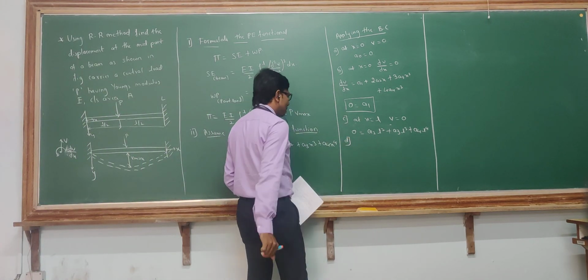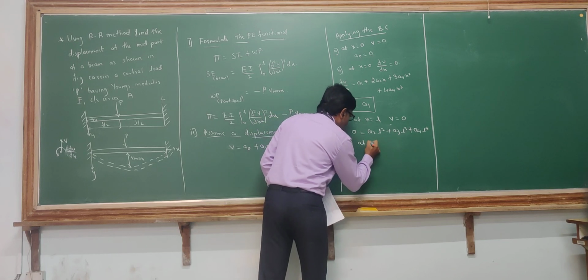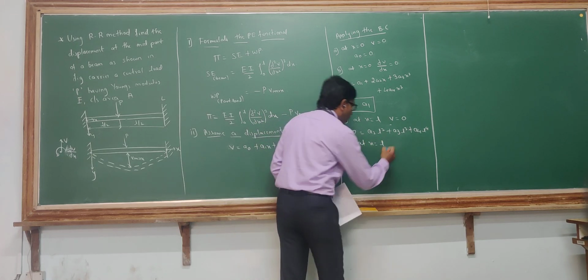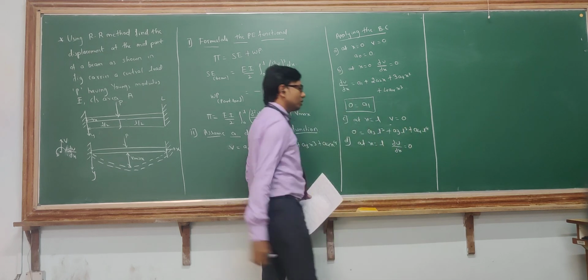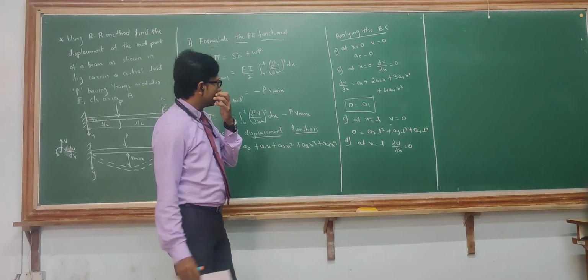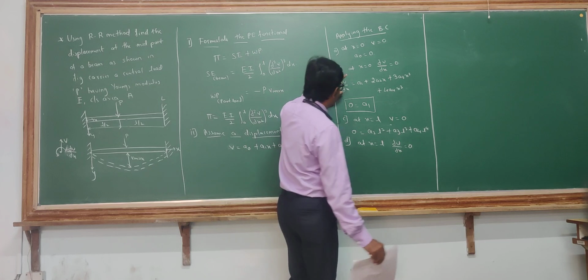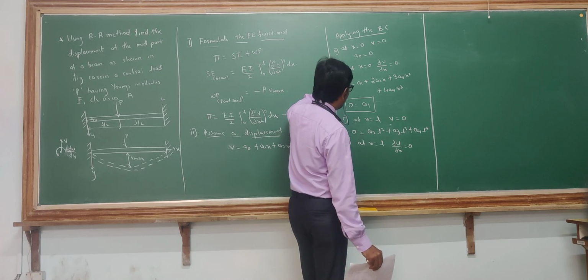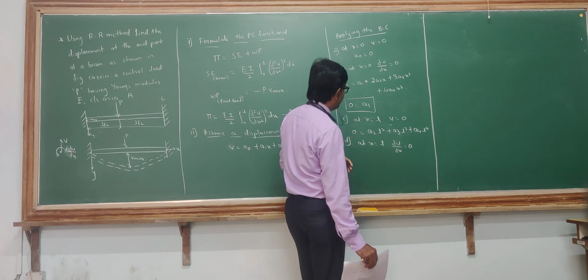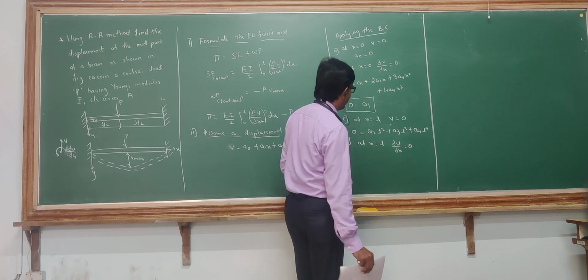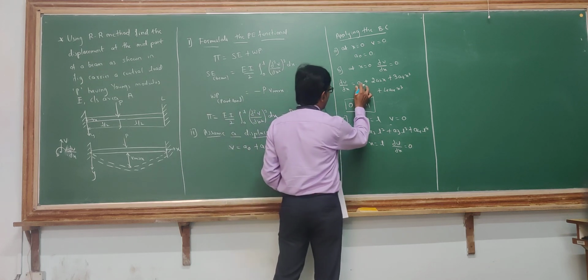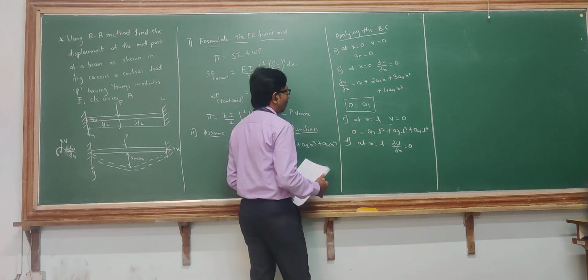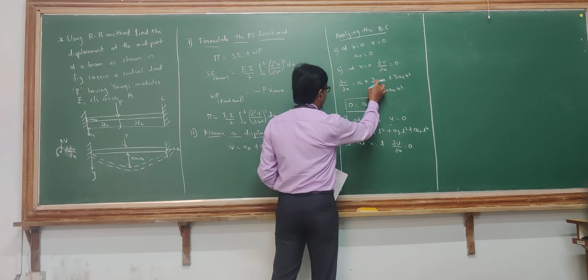So if I go for the last boundary condition, at x is equal to L, dou v by dou x is equal to 0, that is the slope. Dou v by dou x is equal to 0. See, already we have seen this. So we have taken dou v by dou x. We will just apply the boundary conditions and we will try to get the solution out of it. So a1 is 0 already. Okay, a1 is 0. So what you will get?